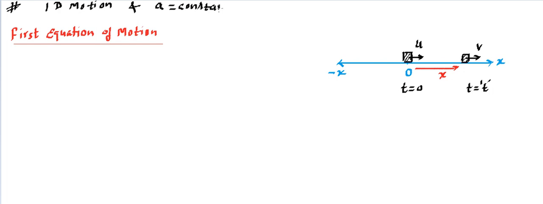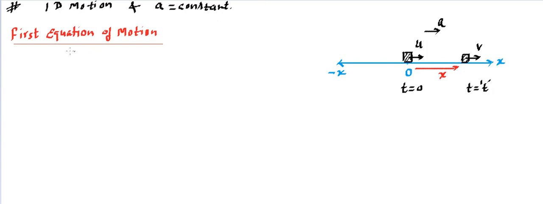If acceleration is constant, then we are going to get these equations which we are going to derive right now. Prior to this, the equations we have written were for one dimension, even though acceleration was variable. So from now onwards, we are considering acceleration to be constant. Let's say this is the scenario and acceleration is given like this. Initially we consider it to be plus, so that's a, and it's going to be constant. This constant acceleration is an equally important condition.